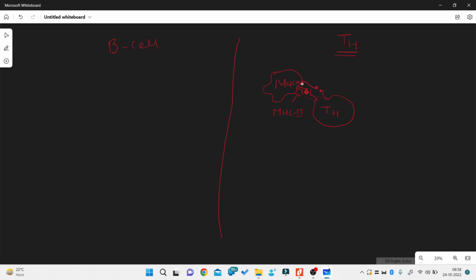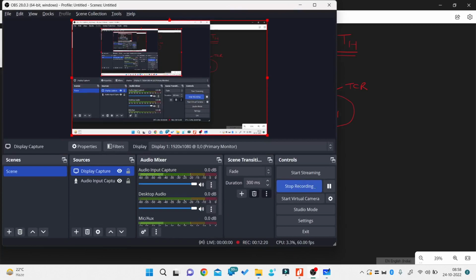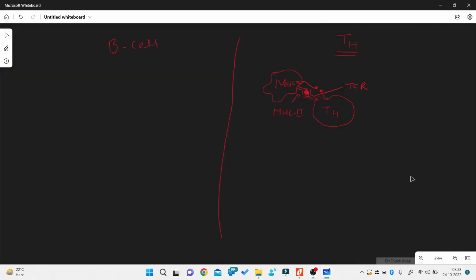The first signal means binding of TH cells to the antigen presenting cells, and we have a receptor. This is a TCR. This receptor is called TCR, and this receptor is MHC class 2. And here in the center pocket, we have an antigen, right? So this is the first activation. So first one here